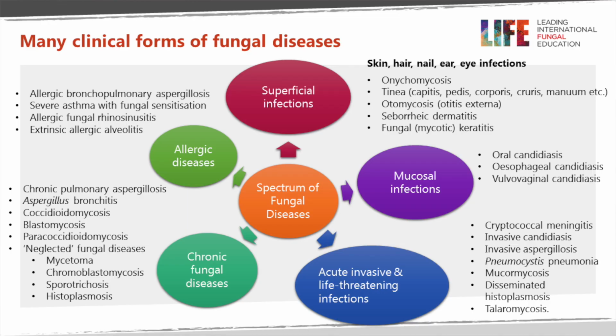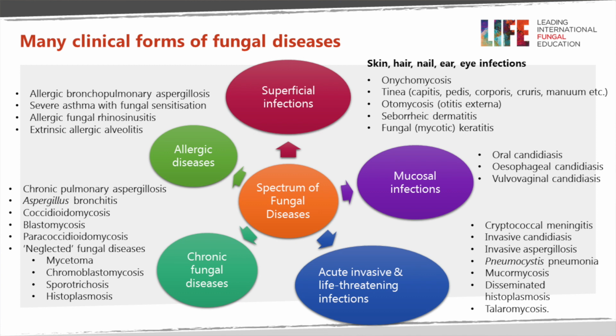Then you have also in green on the far left chronic infections. Chronic pulmonary aspergillosis is recognised now as being a relatively common problem after tuberculosis. Aspergillosis bronchitis, particularly in those with bronchiectasis, for which we don't have good estimates. Coccidioidomycosis, blastomycosis, paracoccidioidomycosis. And then there is what we've now defined as neglected fungal diseases, deep infections of the skin and soft tissues: mycetoma, chromoblastomycosis, sporotrichosis, and the superficial forms of histoplasmosis as opposed to the deep forms,